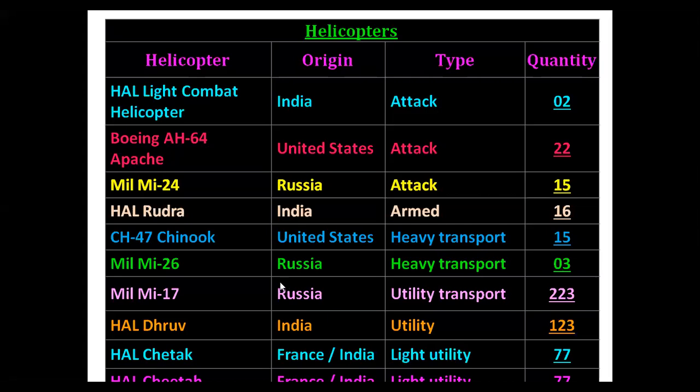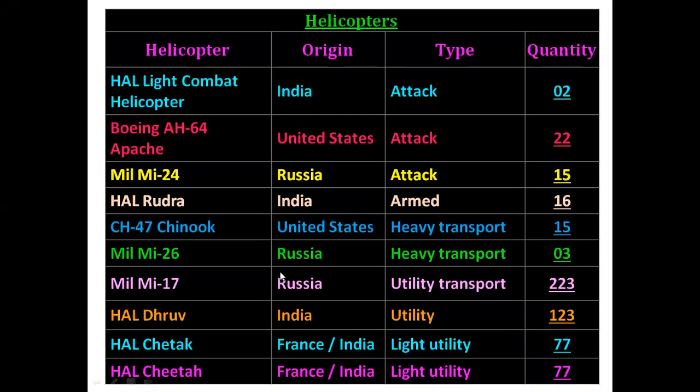what I said was only a wrap up kind of thing about the HAL light combat helicopter and Boeing AH-64 Apache, and then I think Mil Mi-24. So these three helicopters, some sort of information we have just considered in the last session. Now we will be going for the next one, and that is nothing but the HAL Rudra. So as far as HAL Rudra is concerned, as I said, it is made in India,